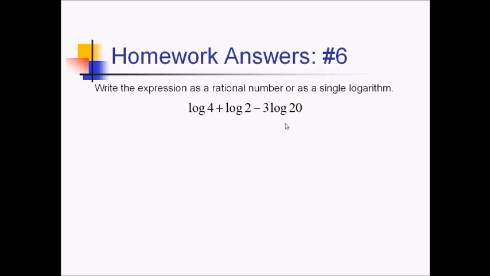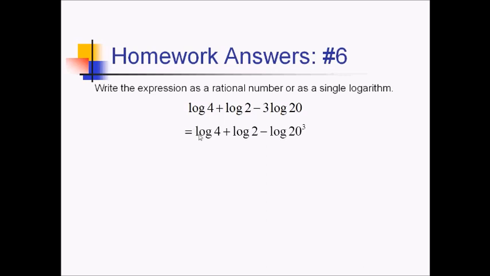For number 6, we're trying to turn this into a single log or rational number. So we'll start with the pop-in rule on this 3. We'll make this minus log of 20 to the 3rd. Then to move these logs together, we have to turn addition into multiplication of the numbers inside, and subtraction turns into division. So we've really got